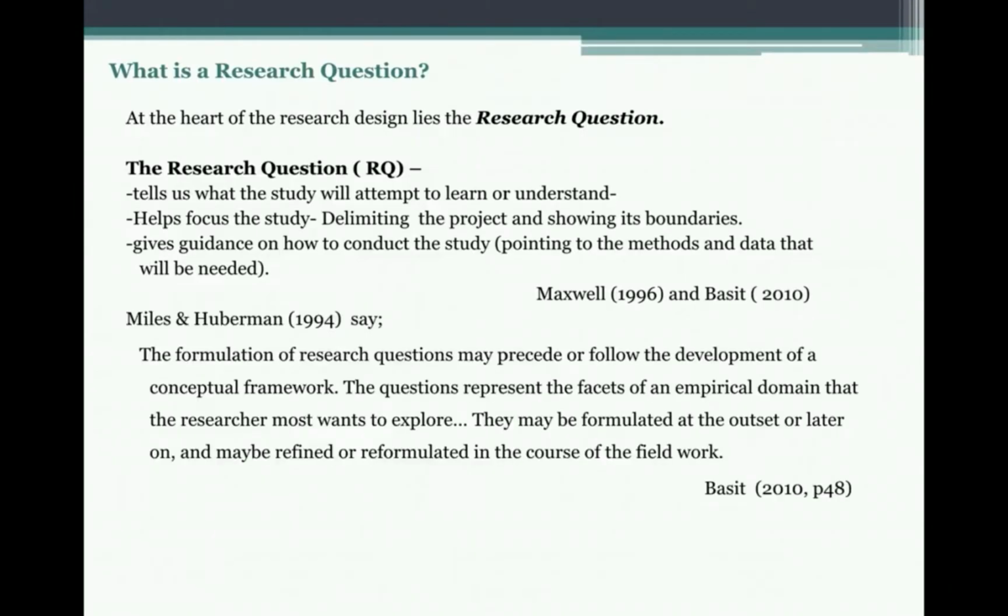सेकेंडली एक और एस्पेक्ट ऑफ द रिसर्च क्वेश्चन जिस पे हम स्ट्रेस करना चाहेंगे वो ये है कि formulation of the research question may proceed or follow the development of a conceptual framework. And I would kind of include the literature review here as well. I will come back to this point kind of at the end of the presentation. लेकिन यहाँ पे हम ये stress करना चाहेंगे कि although हम आपको chronologically approach कर रहे हैं इस course में